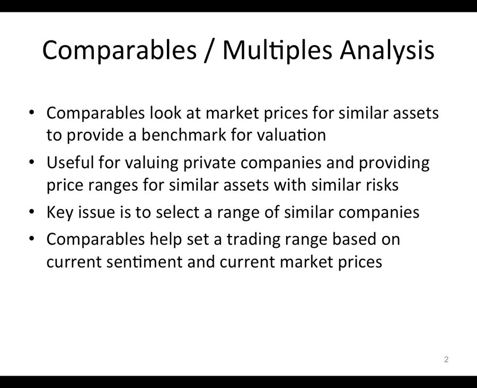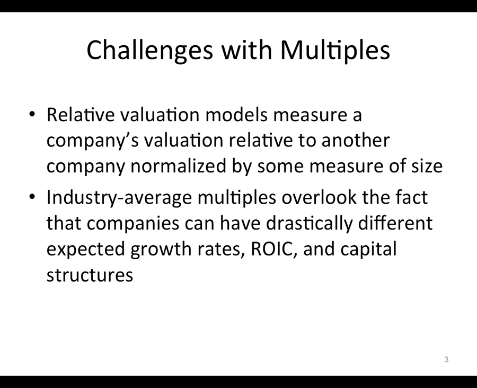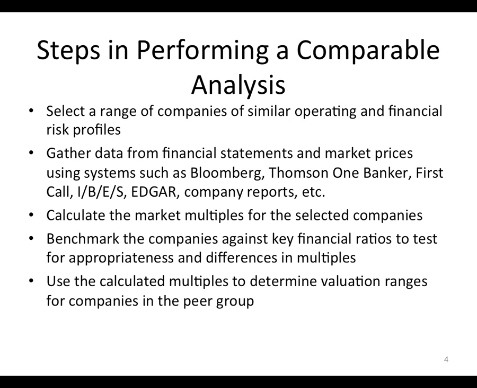So basically, it becomes harder to do comparables. But that's the key. So how do we find comparables? Well, what matters, and these are key to best practices, is we actually want to find companies that have similar expected growth rates, similar ROICs, and similar capital structures. That is what's going to matter more than anything else. So, what are the steps to do a multiple analysis? Number one, finding a good peer group. That's hard, but that's the first step, finding true peers.